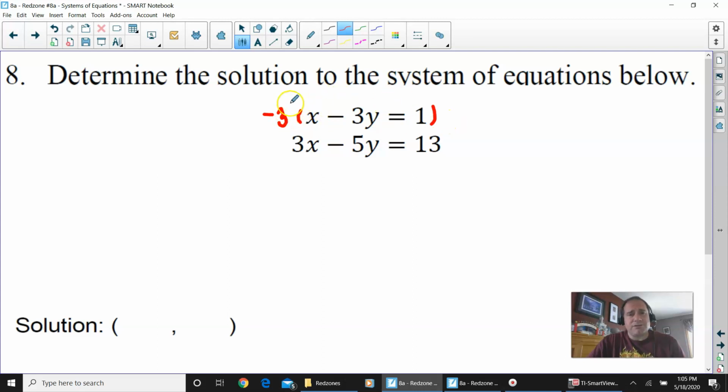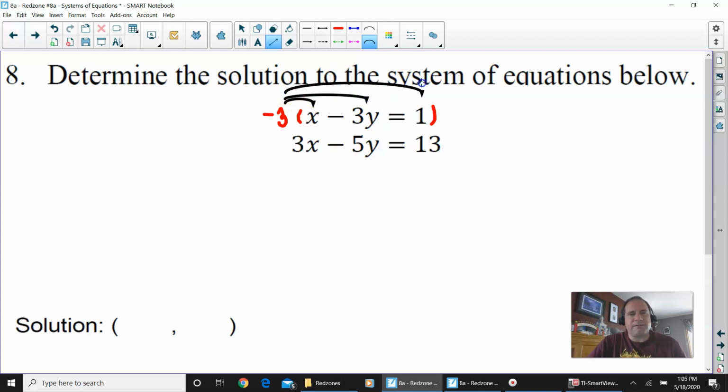But you do have to distribute to them. But this is the bottom line. You have to get one of these variables to cancel out. And as long as you get one variable to cancel out, you can solve for the other. So I'm going to distribute this negative 3 here to this x, and this negative 3 to this negative 3y,